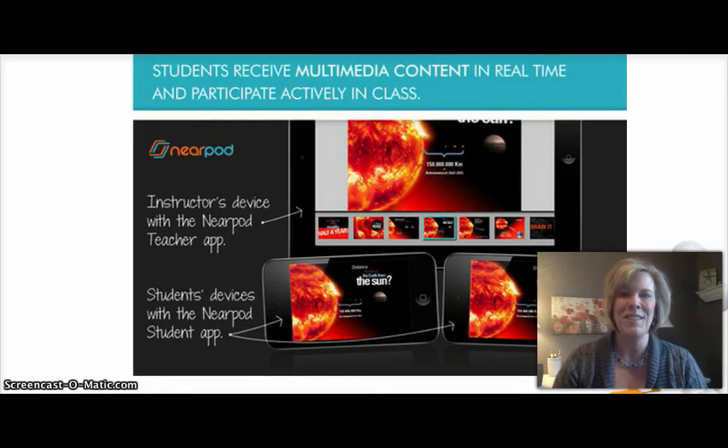I highly recommend using Nearpod in any two-in-one device classroom as an app that provides both the teacher and the student with an engaging and interactive experience, and it will take advantage of both the laptop and the tablet. I'm confident you will find this app to be a must-have for your digital toolbox.